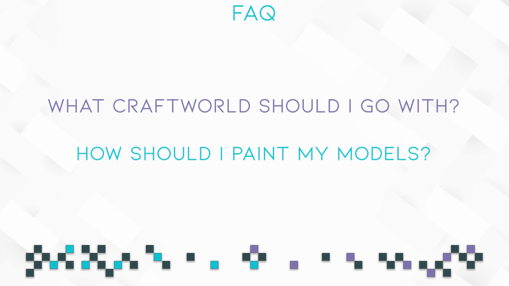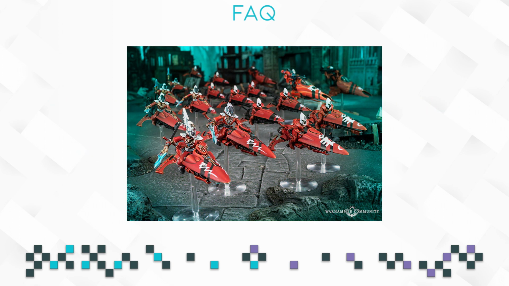And next up is our FAQ section of the video, and the first question is, what craftworld should I go with, or how should I paint my models? For this specific box, you could definitely go with Saim-Hann, because Saim-Hann is heavily featured here with all the Wind Raiders. Guardian Defenders are useful for any craftworld, Farseers are useful for any craftworld, and Wraith Lords are usually heavily featured for Iyanden, but this one seems to be clearly targeted at Saim-Hann, but I always